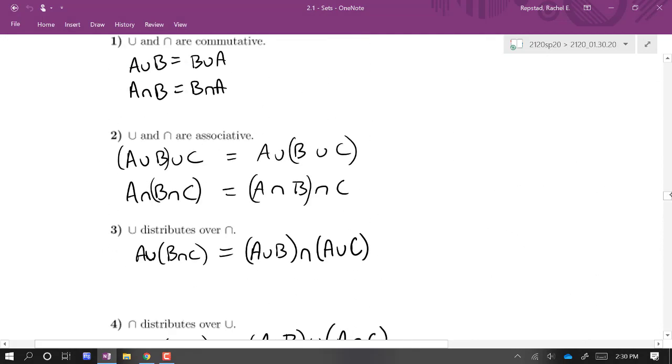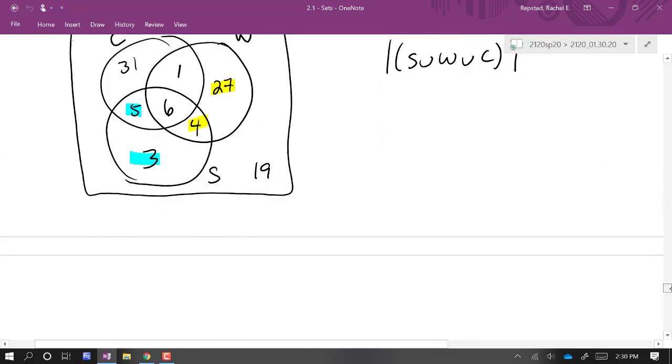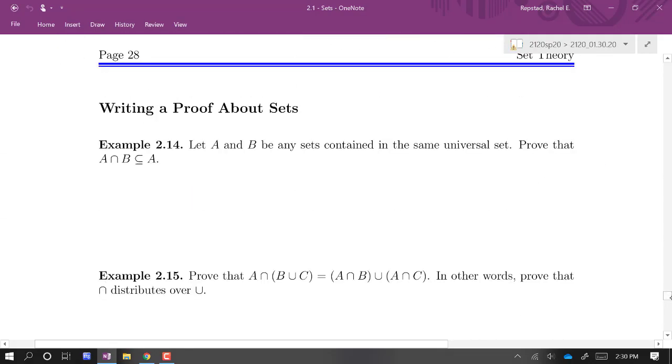We looked at some properties of sets. What we're going to do now is do a couple examples where we write a proof about sets. The first one's really simple, just to illustrate the concept of how we start writing a proof about